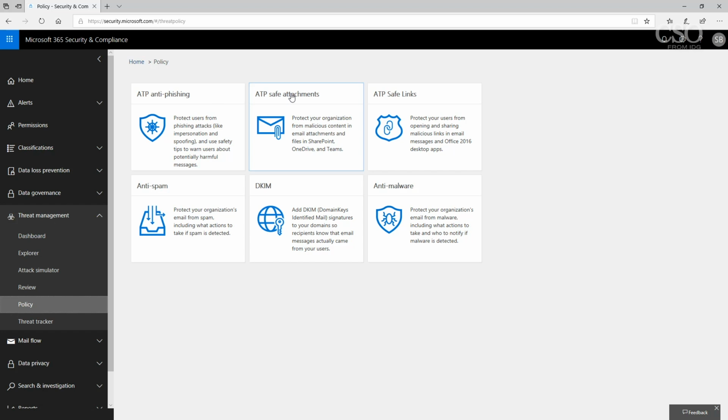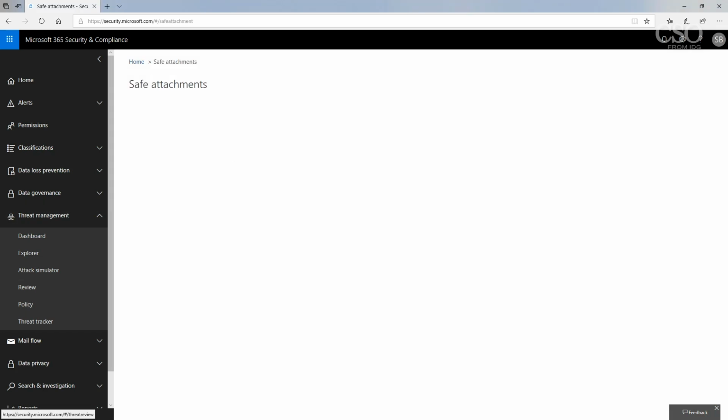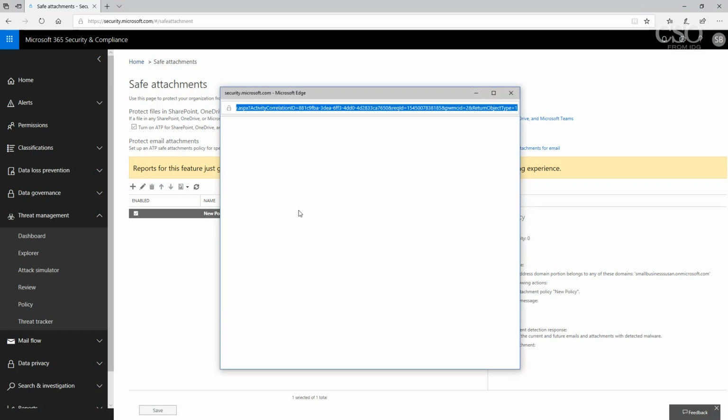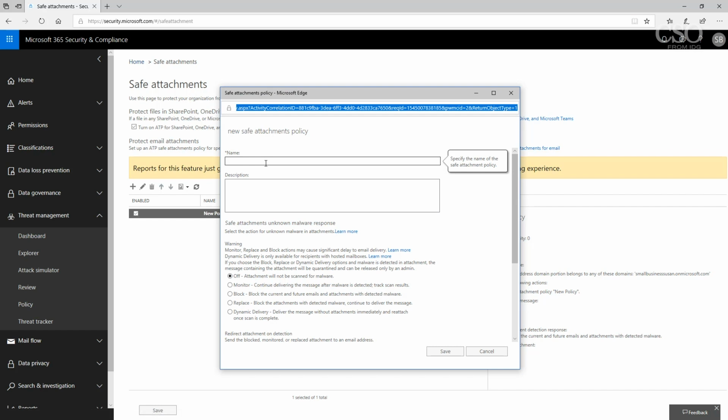We're going to start with Safe Attachments first. By default, we're going to turn on ATP for SharePoint, OneDrive, and Microsoft Teams. We can also specify separate new policies. Again, you can click on the plus button to build a new policy. And as with nearly everything in Office 365, if you want to do auditing first, before you do an implementation of pure blocking, you can set it up to monitor before you actually enable it fully.